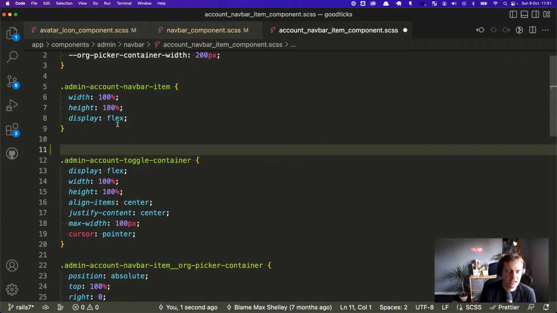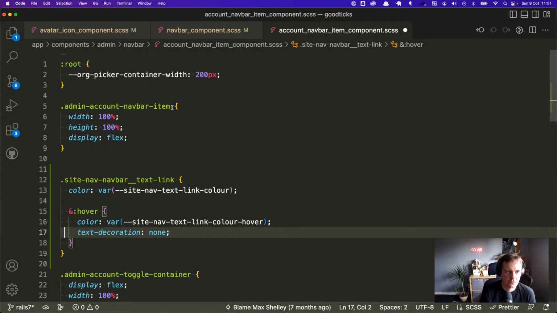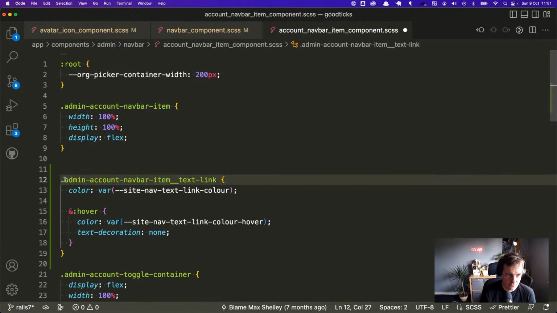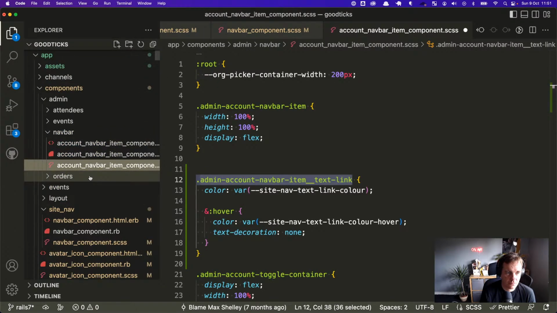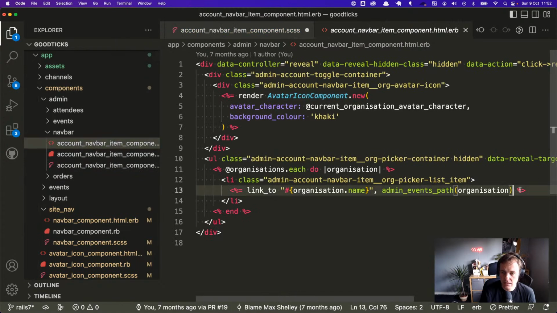So we could add in here a text link, and then inside the component itself, you could say